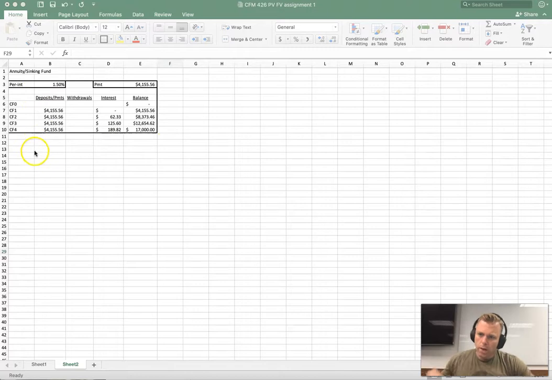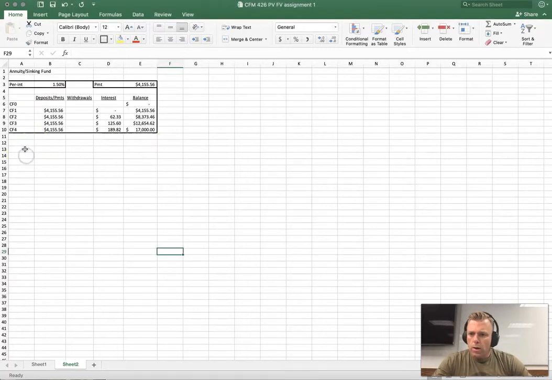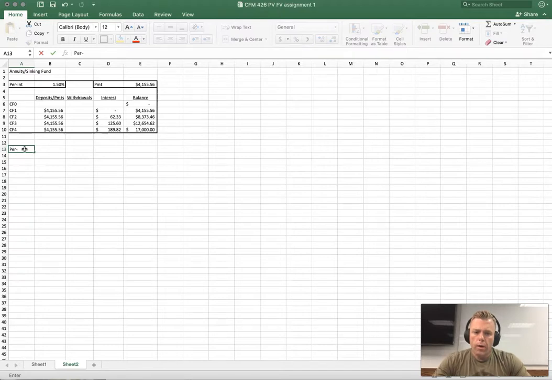Okay, so let's recreate this. And what I'd like to start doing first is we're going to account for a periodic interest, INT, and that's going to go there. I'd like to create a cell for payment, and that's going to go there. And then let's name our columns. So deposits or payments, withdrawals, interest,